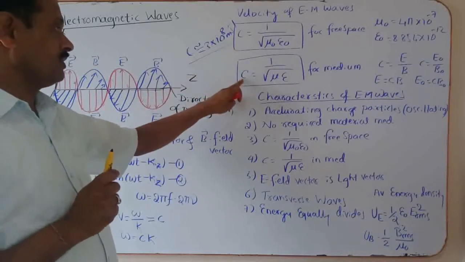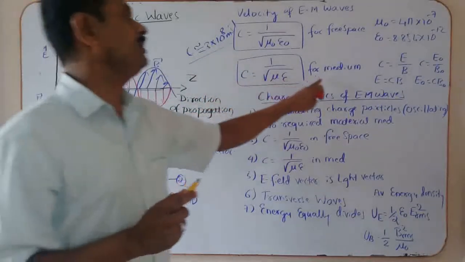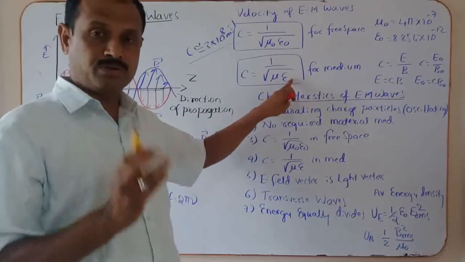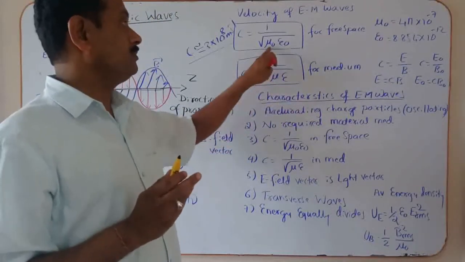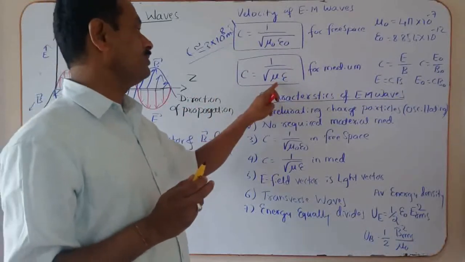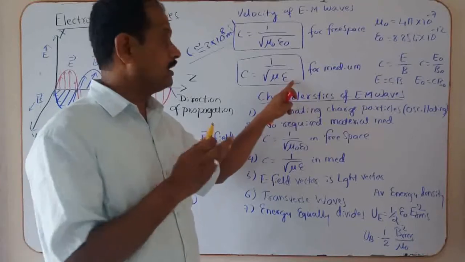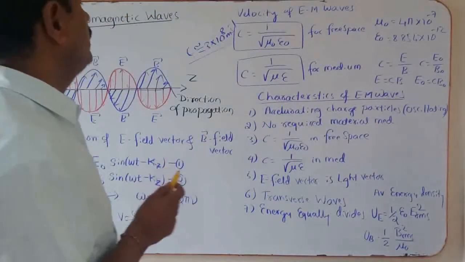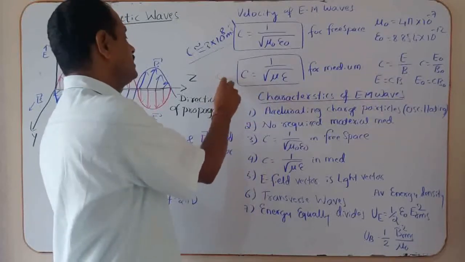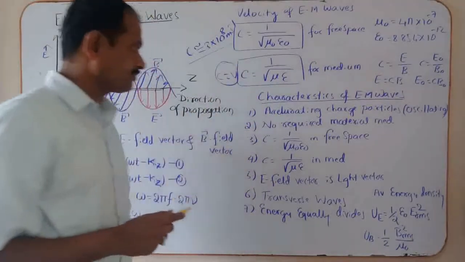Now, that expression for the velocity of the electromagnetic wave in a medium, 1 upon under root of mu into epsilon, you got. For mu naught and epsilon naught, you got 3 into 10 to the power of 8 meter per second. Now for the medium, it is mu into epsilon, whatever you got, that you have to substitute. And at that time c is less than this one. It indicates you set c to be v here.